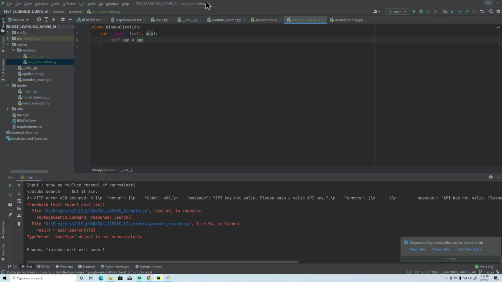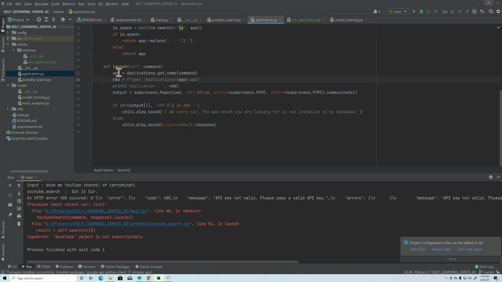That's it. Now, first thing first, we need to have the app name, and after that we are going to search that particular app name in our installation directory. So we are getting this app name here.